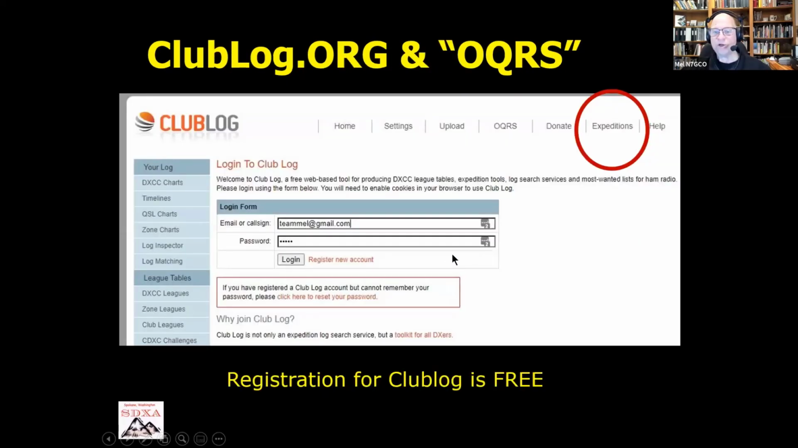On Club Log, which is free, you just go on and register. You'll get in, it'll be your email or your call sign and then a password. There is a tab called Expeditions up here. If you hit that tab,